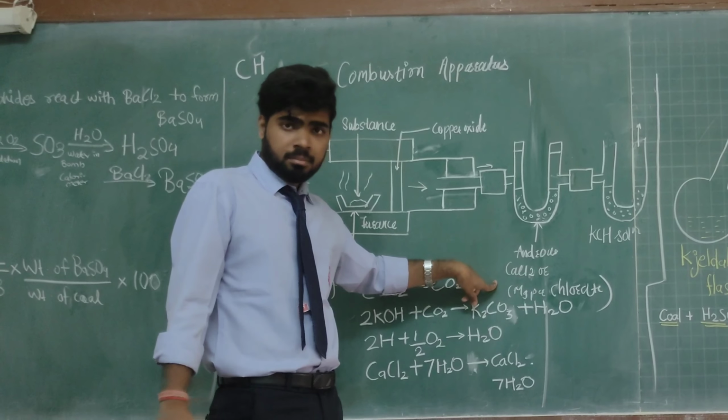And further, when we take these fumes that were formed into this chamber, this U tube, which has KOH solution, again there is a fixed mass of the solution, and due to the addition of CO2, this product is formed, and hence the mass increases in that tube. And when we analyze both of these tubes, we get the amount of C and H formed due to the combustion of coal, or the composition of C and H in the coal. Okay.